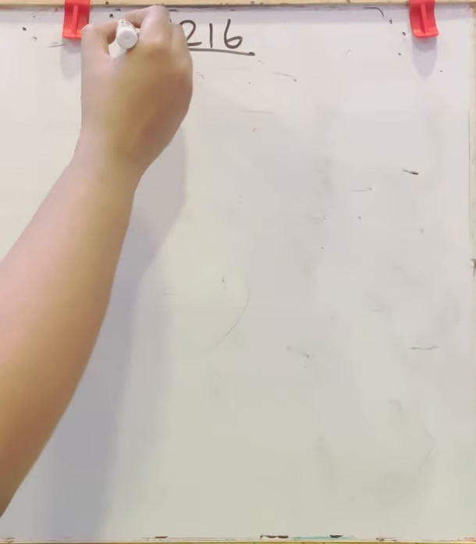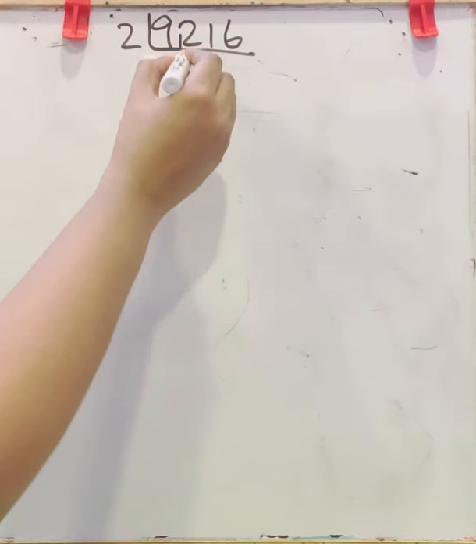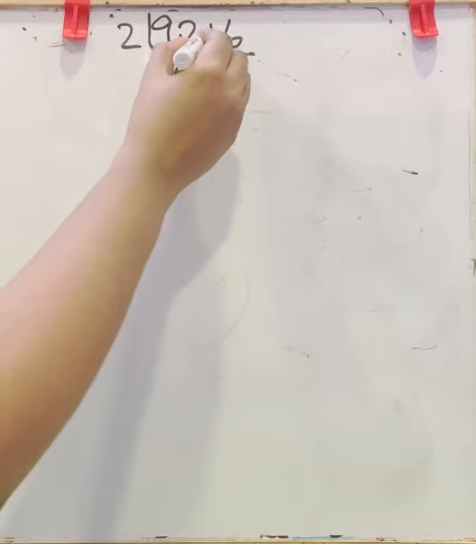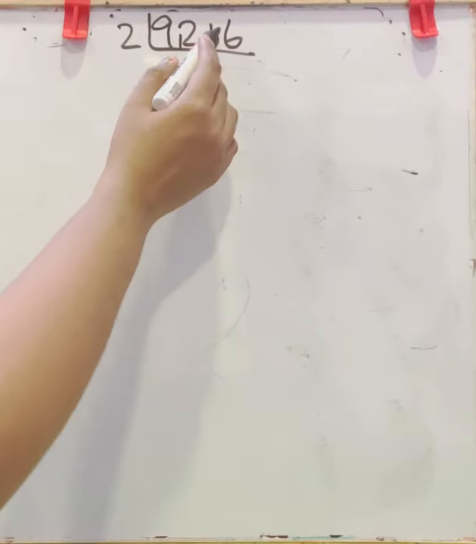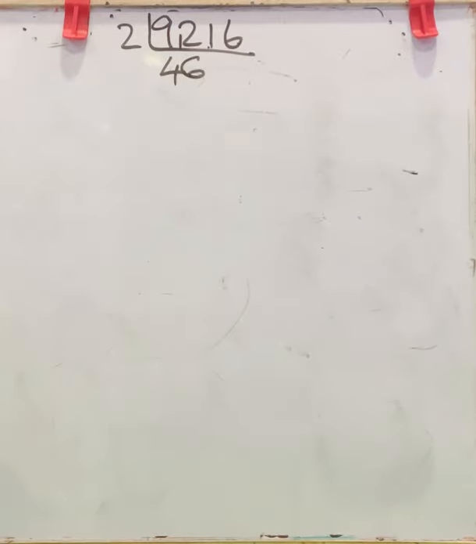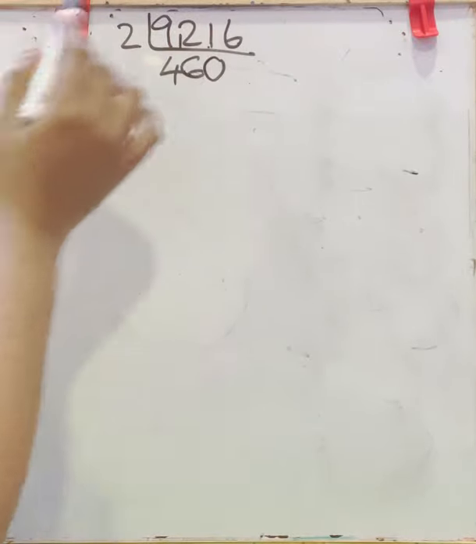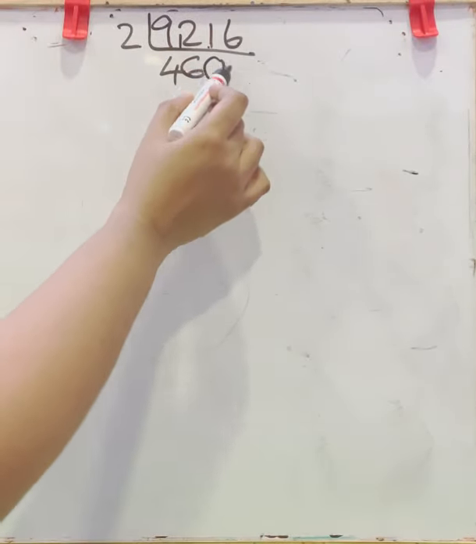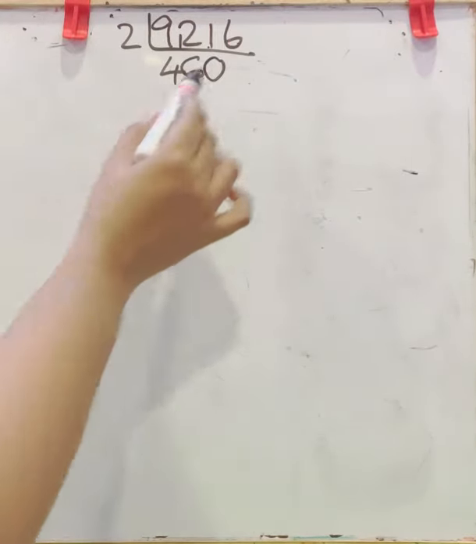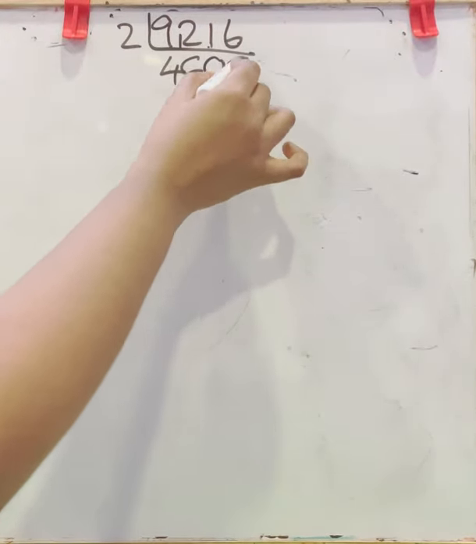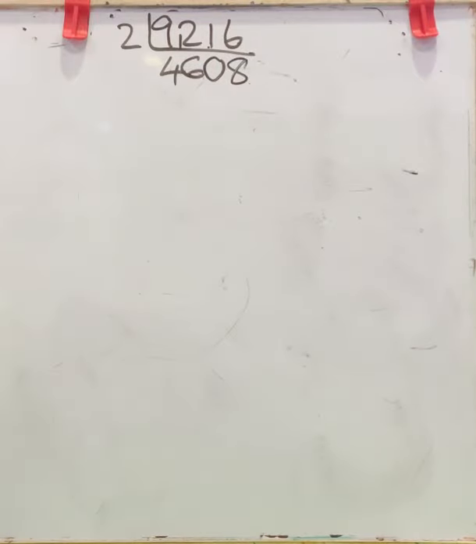9216. Starting with 2, 4 2s are 8, balance 1, 6 2s are 12. Here in 1, you can't divide it with 2, so you have to consider the 16 together. But to show that in 1 you can't divide with 2, that is why you took 16 together. Now this is 4, showing it is not divisible in 1. Next, in 16, 8 2s are 16. Don't forget to put the 0.